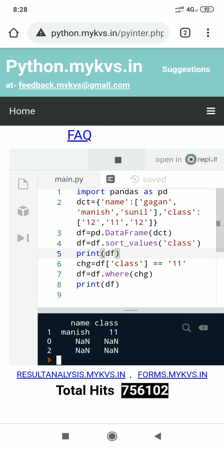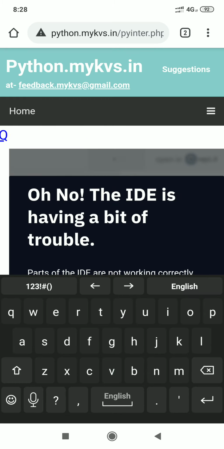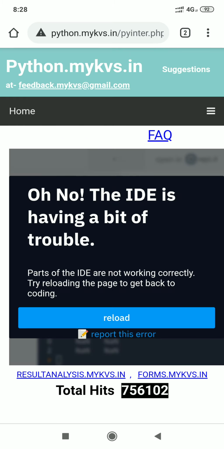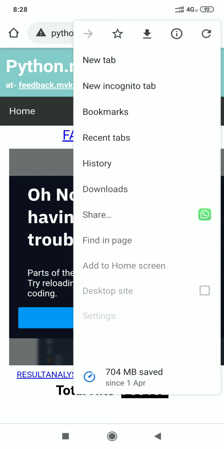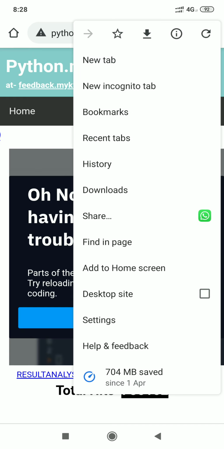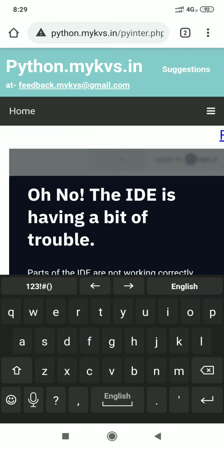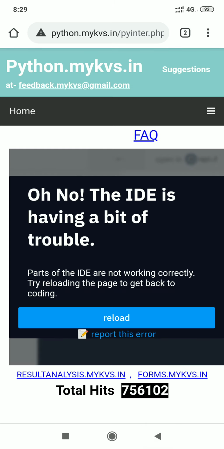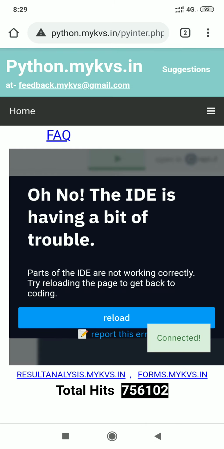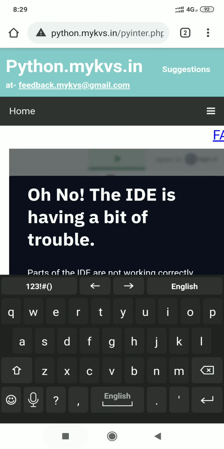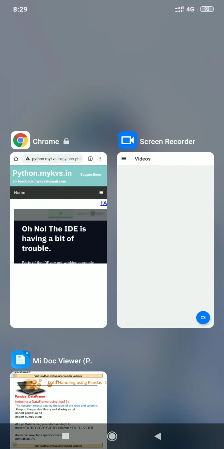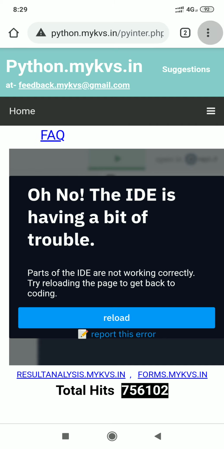Now execute the same program. It is having some trouble.